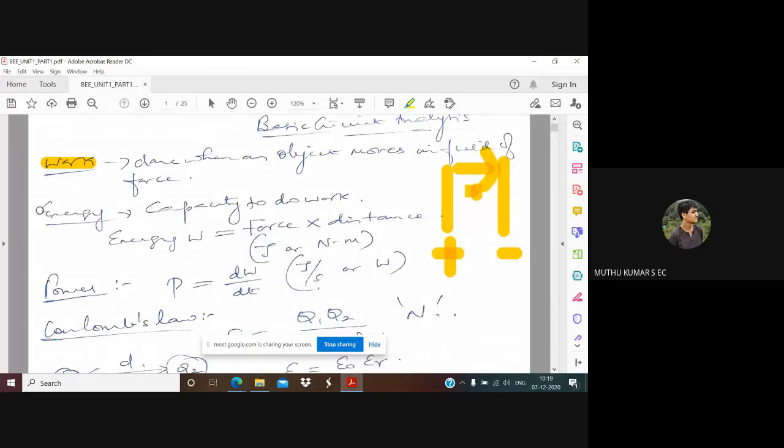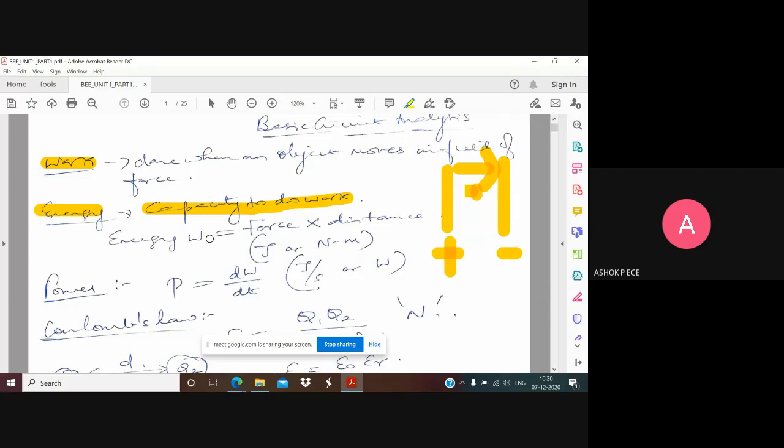Now, what is energy? Energy is the capacity to do work. Only when you have energy can you do the work, just as only when athletes have energy can they run, right? Energy is the factor that helps you do the work, and it depends on how effectively you do it. If you have more energy, the work is done faster. If athletes have more energy, they can run fast in a quicker amount of time. If the energy they possess is less, they will definitely take longer. So the work done depends on energy.